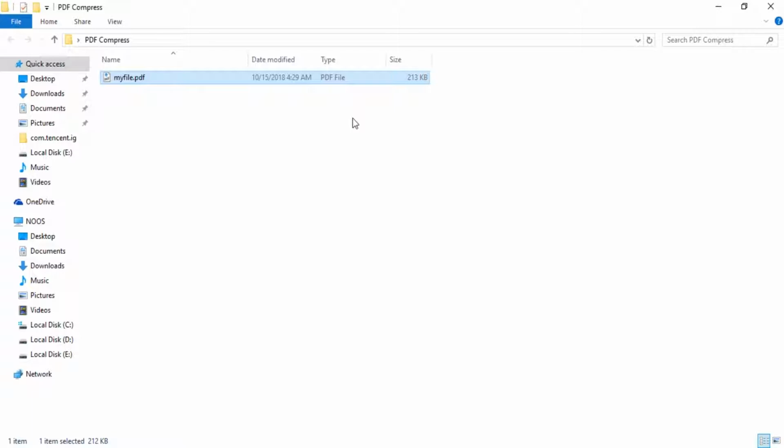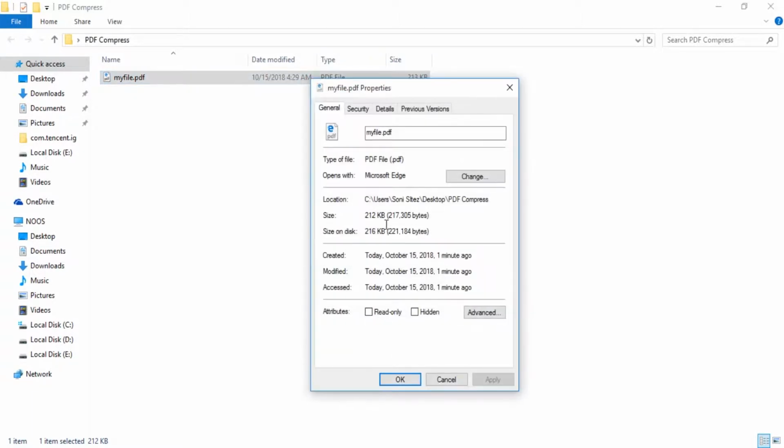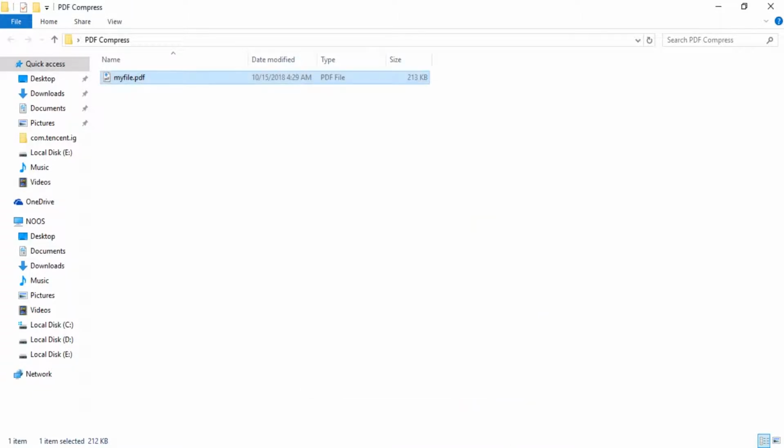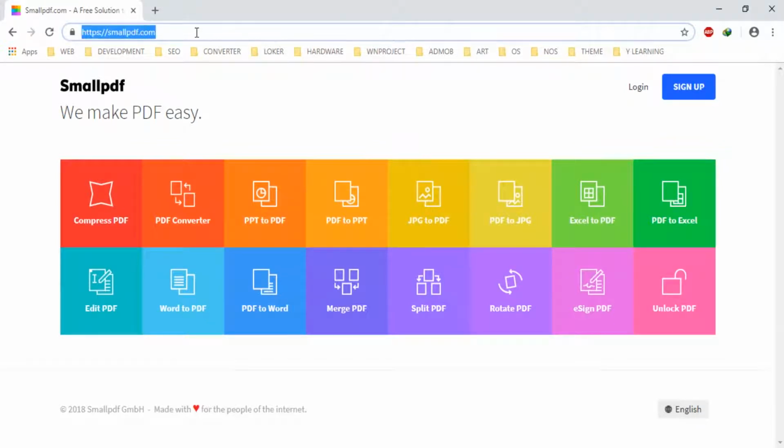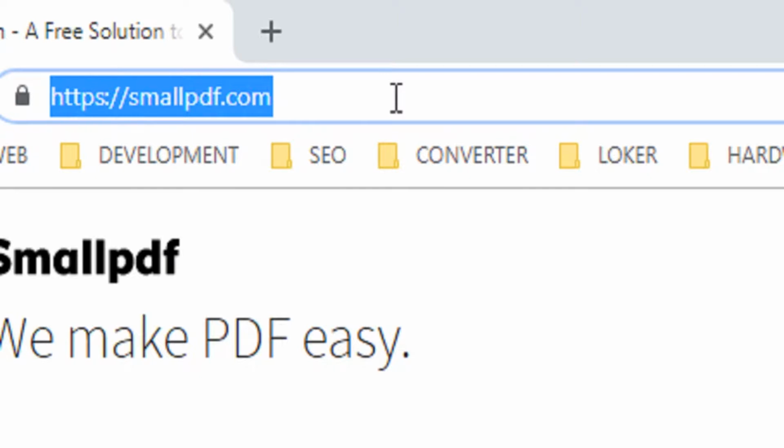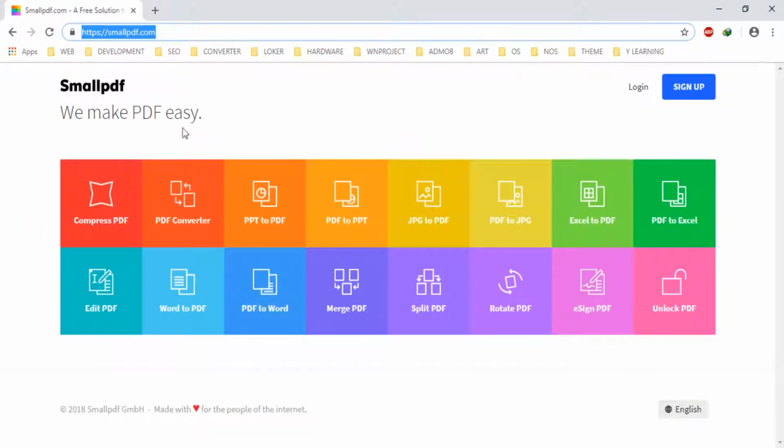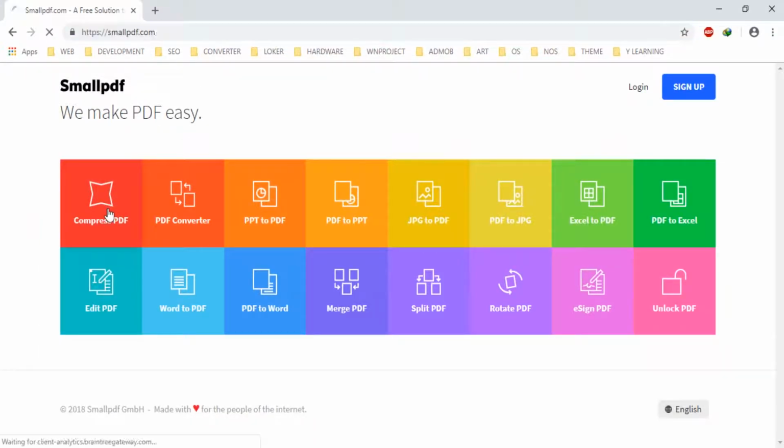Okay, let's try to make this PDF file smaller. I click properties, and you can see the size there. Okay, you can open smallpdf.com, and choose compress PDF,